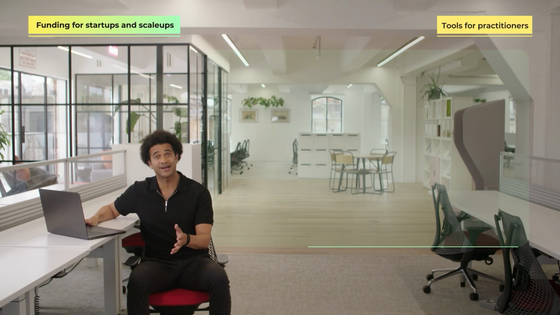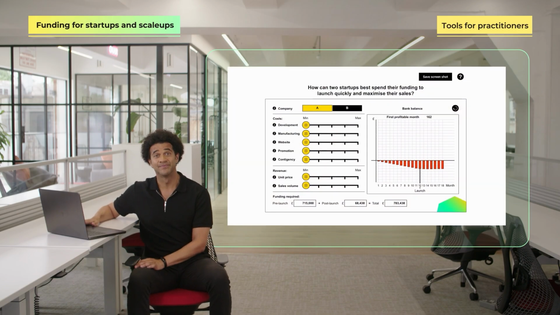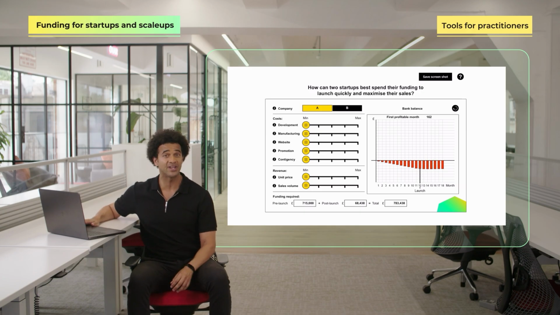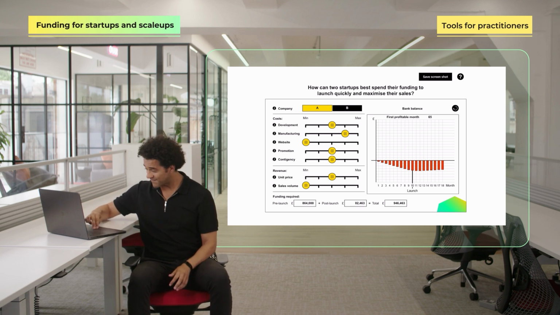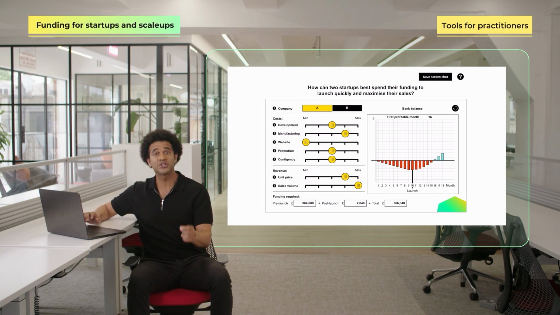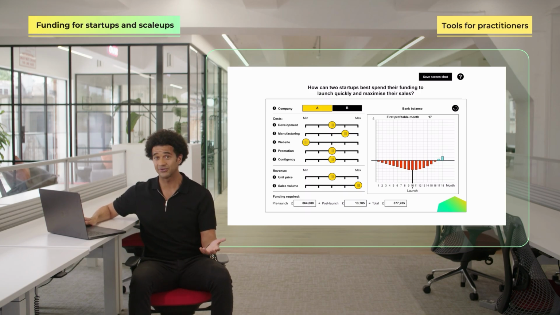Introduce the students to the Funding for Startups and Scale-Ups online interactive tool. This tool is a great way to help them investigate and respond to the investment needs of two different startup companies. You can input costs of development, manufacturing, promotion, contingency, and then set revenues and sales volumes, which will then help identify likely funding requirements, time to launch, and